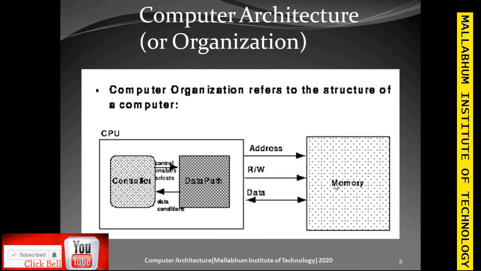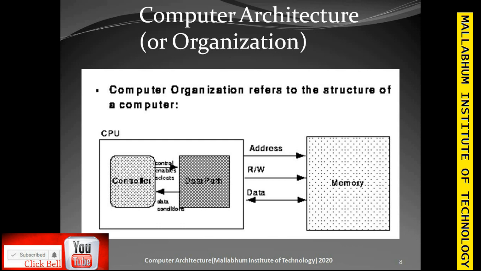So we are studying the computer architecture or the organization. Now the computer organization refers to the structure of a computer. Now the computer actually consists of a CPU. CPU is the central processing unit. The central processing unit performs different kinds of computational tasks, and without the memory a computer or the microprocessor cannot